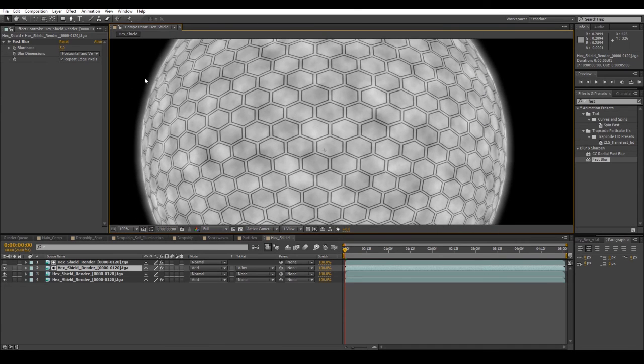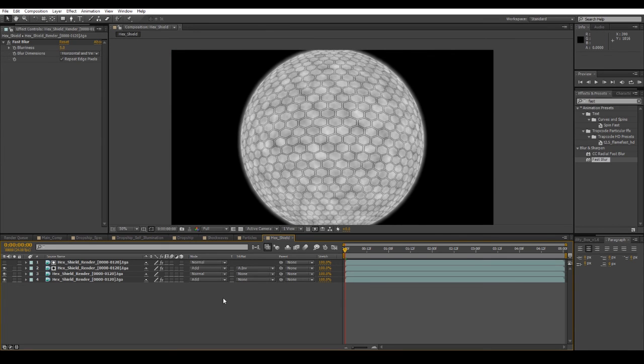And if this method looks familiar, it's because the same method is used to actually create atmospheres around planets in After Effects as well. You can use this method to create planetary atmospheric rings around it, so like the blue glow around the Earth, for instance, if you ever had to composite a planet. So next what we'll do is